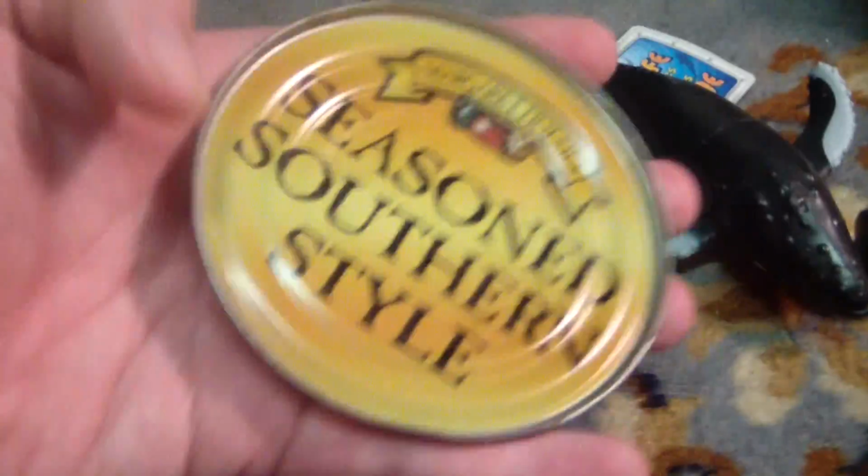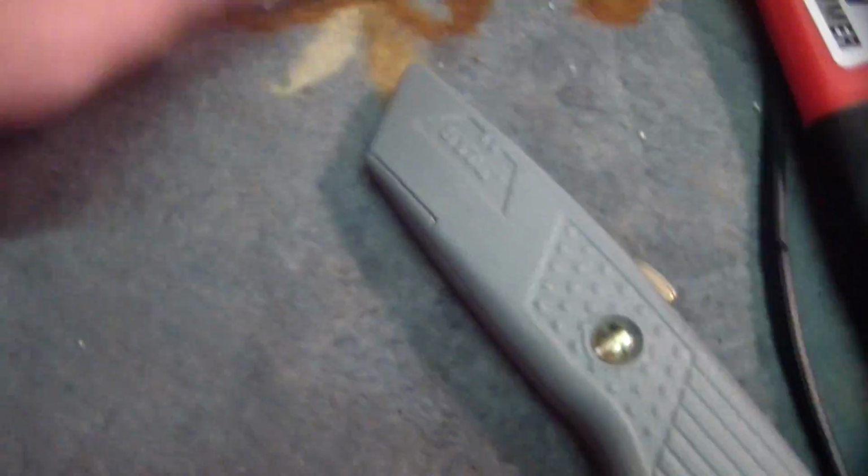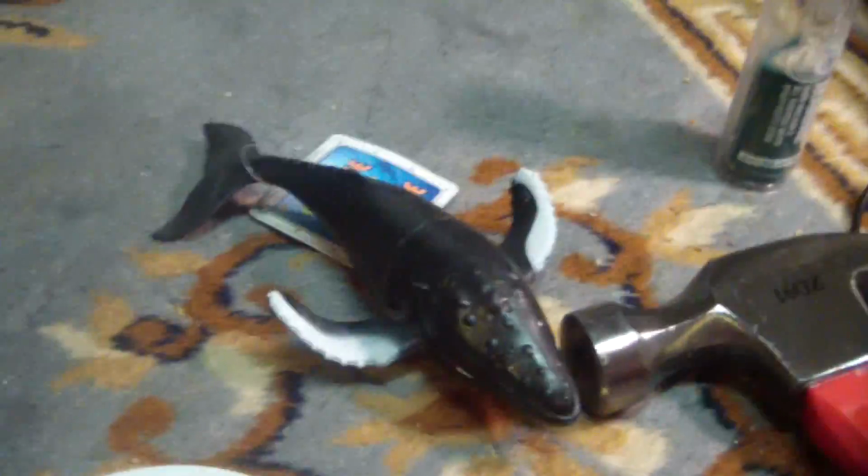We're also going to get a dollar store toy whale. We're going to get a lid from a can of greens here. There's a large lid from a large can, and we get that using a safety can opener. I'll go into that later. We need our safety knife, a hammer, some nails, and let's start by hacking the fins off the side of